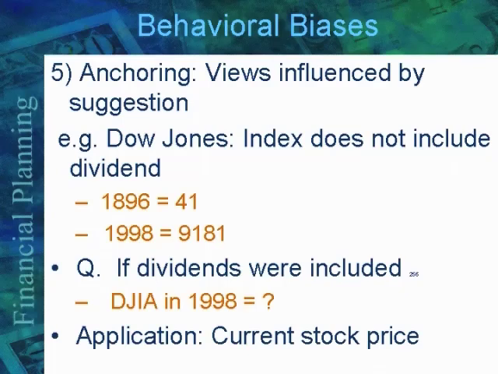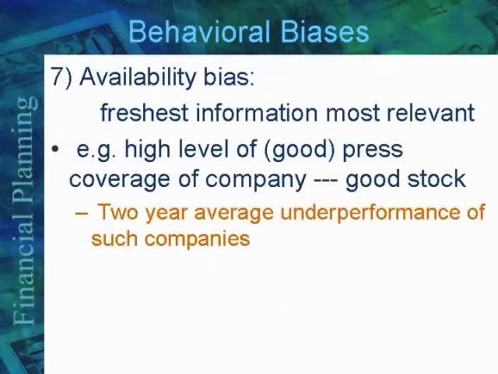Availability bias, in this case, availability of information. Let's say tomorrow morning you wake up and everything is about some company, XYZ company. CNBC is talking about it, MSNBC is talking about it, Wall Street Journal, Forbes, Business Week, everyone's saying how great a company it is. Are we going to buy that stock? Yes, many of us will. If it's the blogs or the newsletters talking about it, many of us will go and buy it. So there goes the present value of future cash flows out of the window because we are reacting to what we see in front of us.